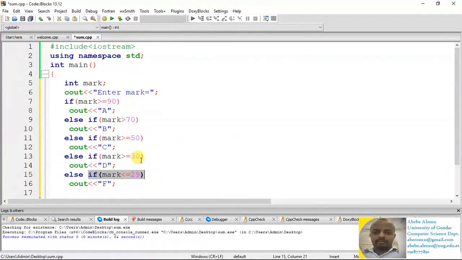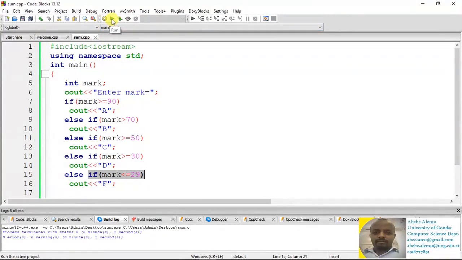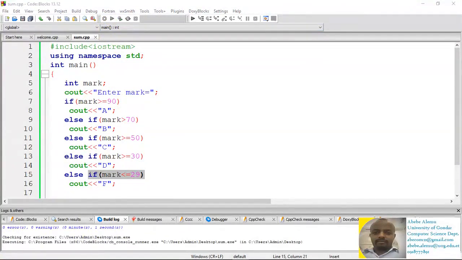So usually the last statement is the else statement. So you can keep it or you can avoid it. It's possible. So if you run it and then provide, for example,